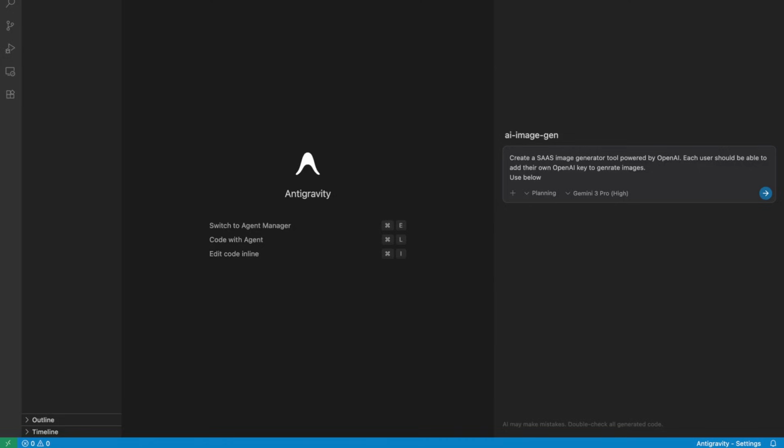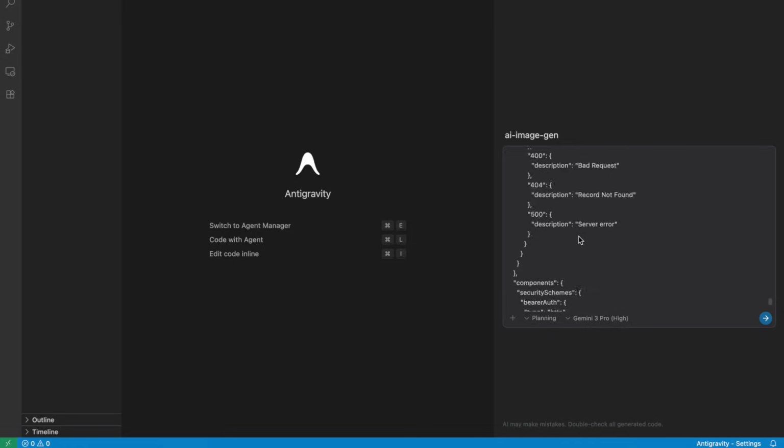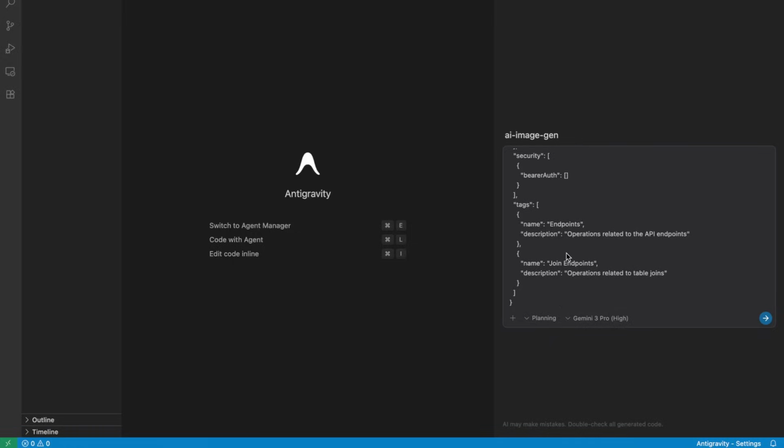use below Swagger schema for integrating different endpoints of our database. So I just pasted my entire Swagger JSON schema. I also guide it